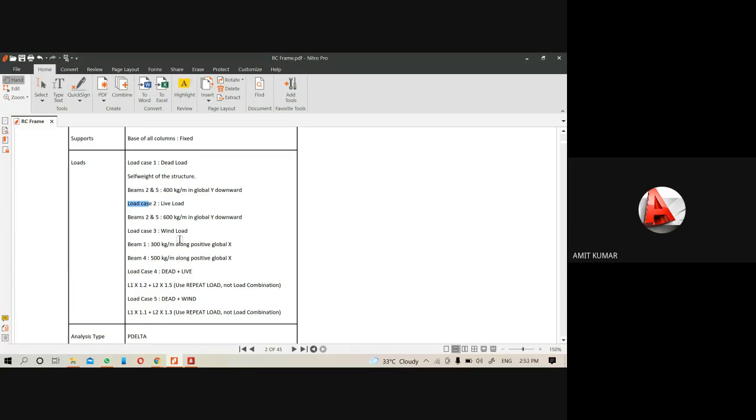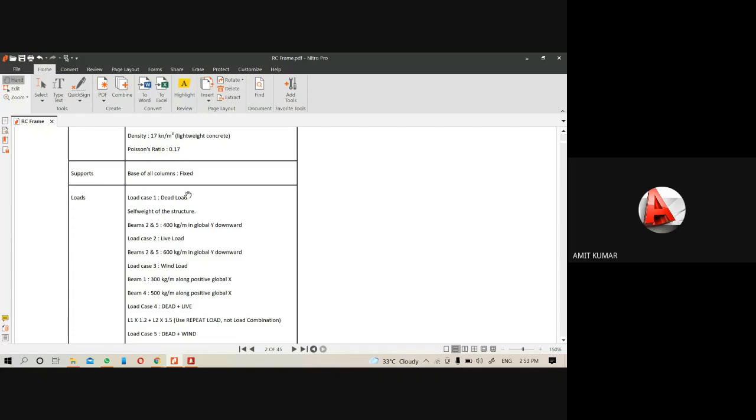Sometimes, whenever this load case is not available, in that condition we have to give the wind intensity, structure type and all these values. Here in this example we have the load impact of the wind directly. That's why we will not define the wind definition. But in the next session I will do an example where we will give the definition also. So I will analyze the structure by both these methods. Okay, so I will continue.